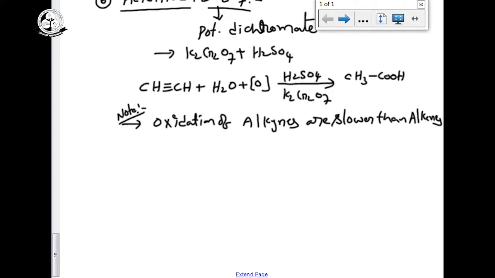If the organic compound contains both a double bond and a triple bond, C triple bond C,